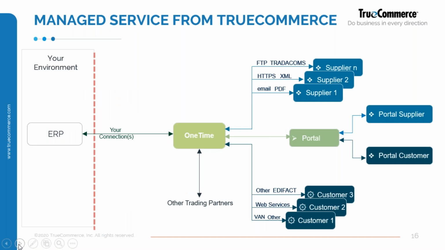How does that work? Well, here's how it looks, and this is the most simplistic way of looking at how EDI fits in with your business. We would suggest that your environment resides behind that red dotted line on the left-hand side there. So your ERP is within your ownership. So that'll be your SAP, your Sage, your NAV, your AX, whatever you might use as an ERP today,